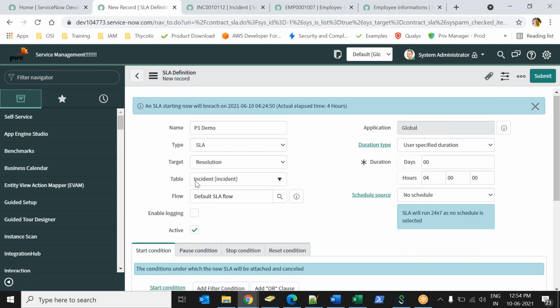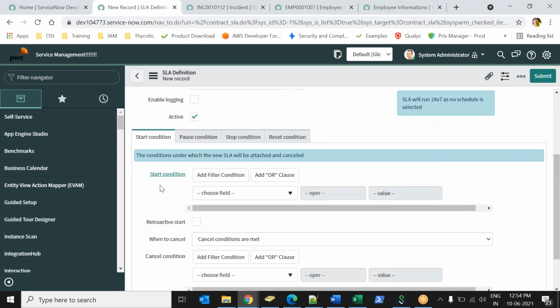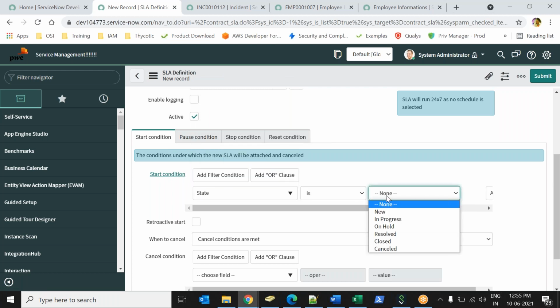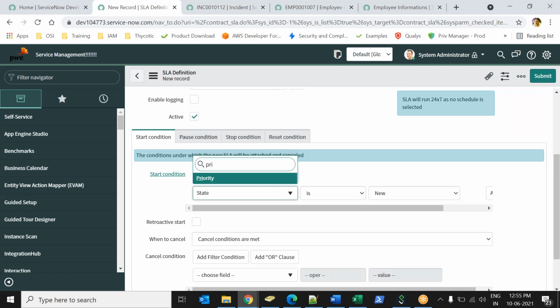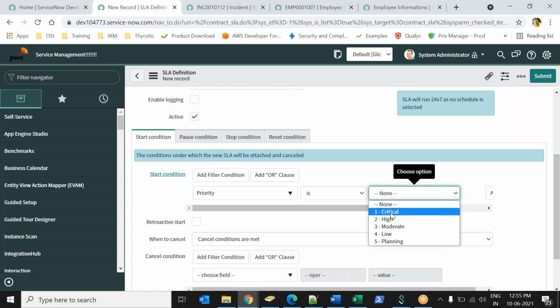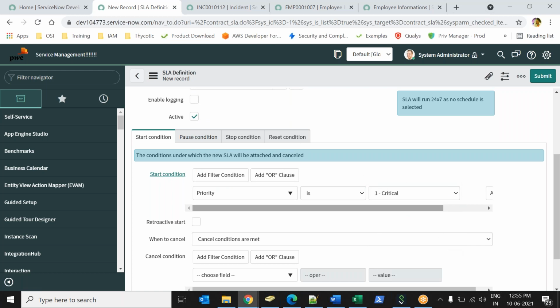Now, this is a common thing, right? So we have filled the form. Come down here. When do you want this SLA to start? Whenever incident status becomes new? No, sorry, this is a priority 1. Whenever incident priority becomes 1, it will execute. It will start. And when to cancel? When the status is